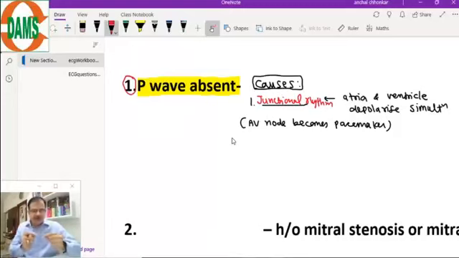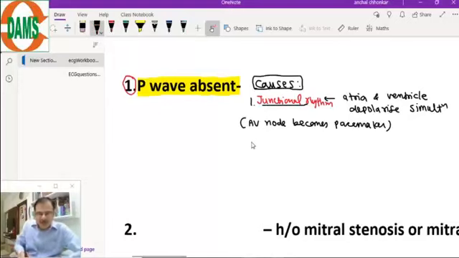Because what happens is, from the AV node the impulse will go above and below simultaneously, and both atria and ventricles will be depolarized at the same time, known as the junctional rhythm. And we have done, whenever two events are taking place simultaneously, the larger event will hide the smaller event. So here the QRS will be hiding the P wave.